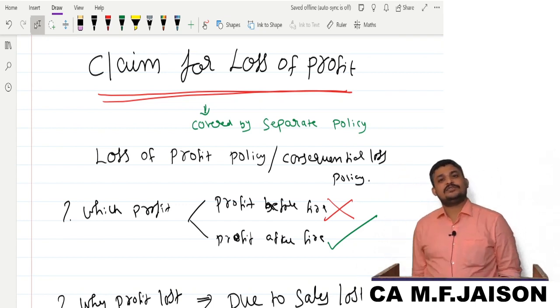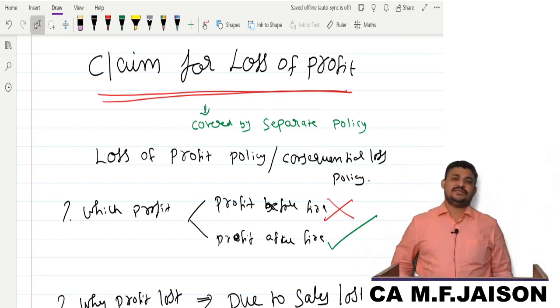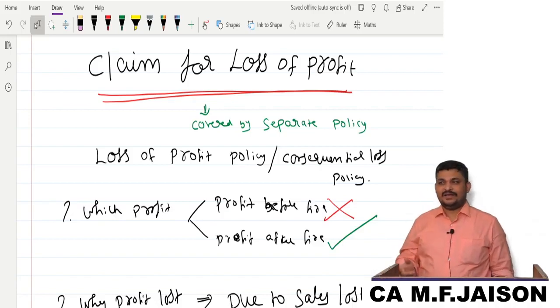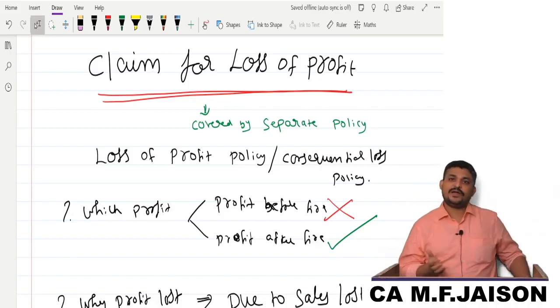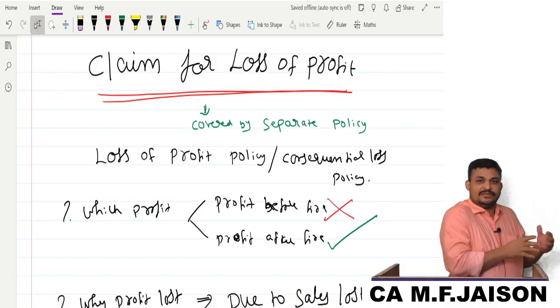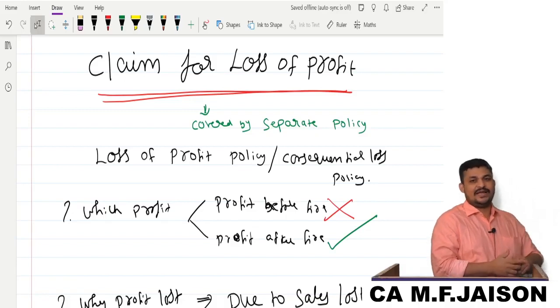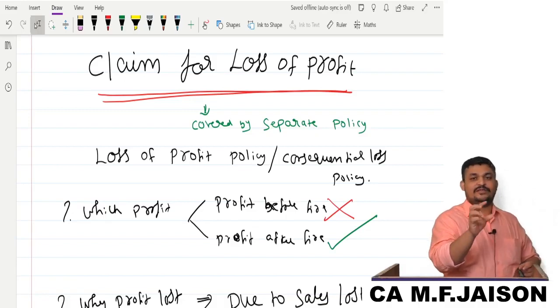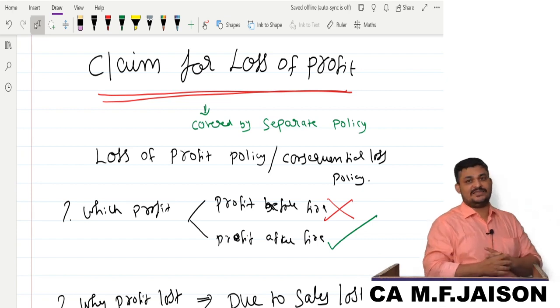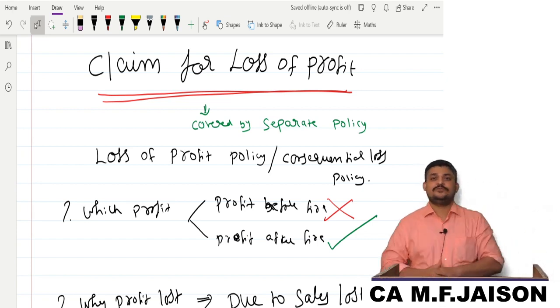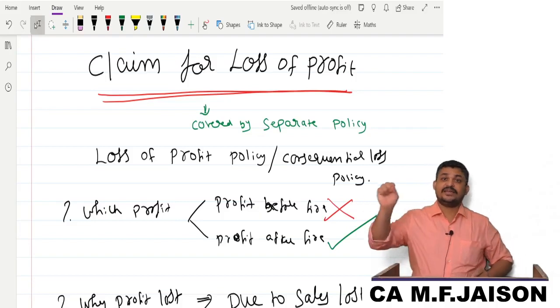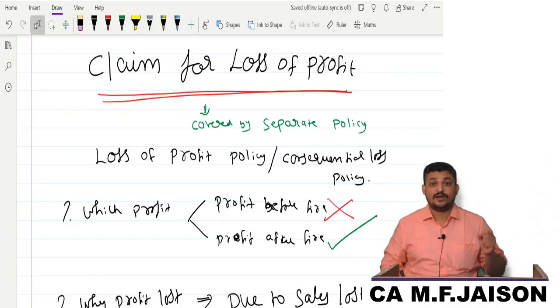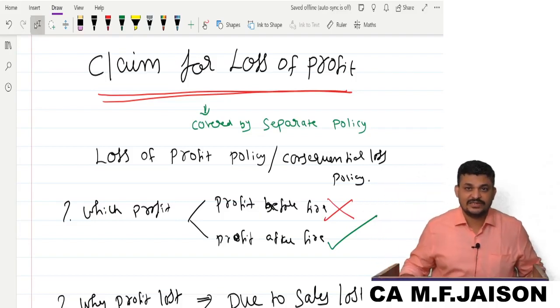Next question was, which profit, sir? Gross profit and net profit. Logically, what profit do I take home? Net profit. That only should be compensated. But I want another item also, that is fixed cost, standing charges. So I want two things to be compensated, provided it is mentioned in the policy. What are the two things? Net profit and insured standing charges.